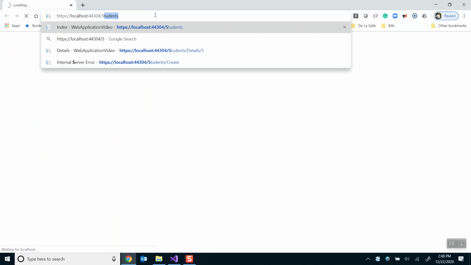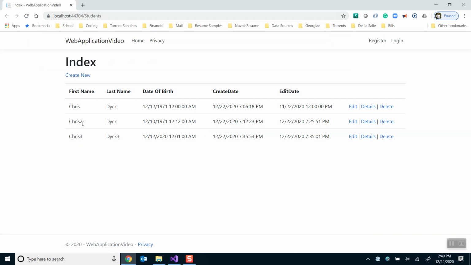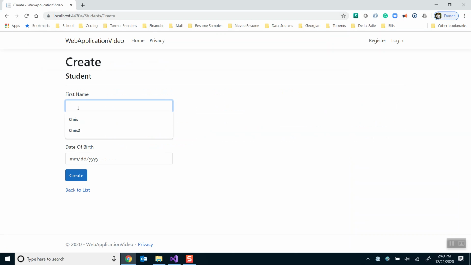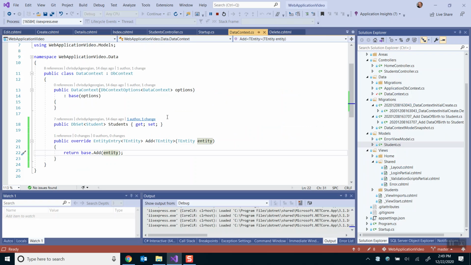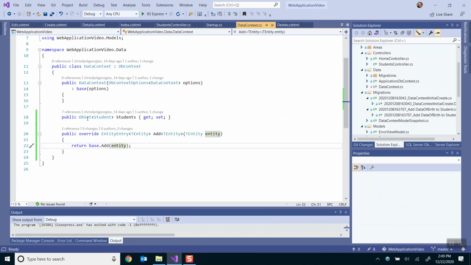I'll go to students here. I'll do an add. Let's click there. Let's do Chris 4. A couple quick bits of information. So now I have a 4 and a 3, and that essentially means that my add method worked. So if I click stop, what I want to do here is some modifications,